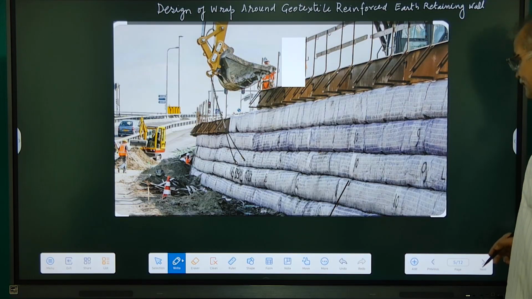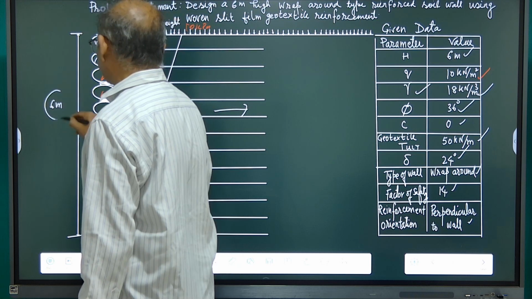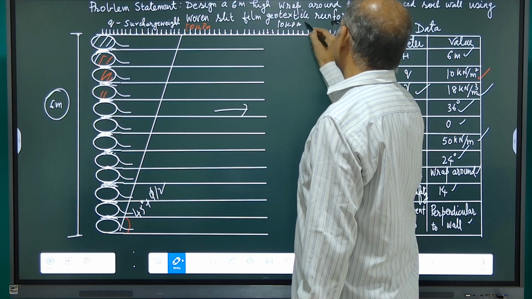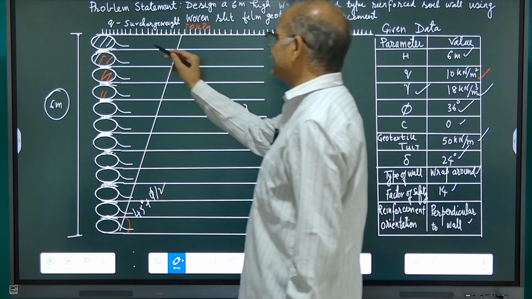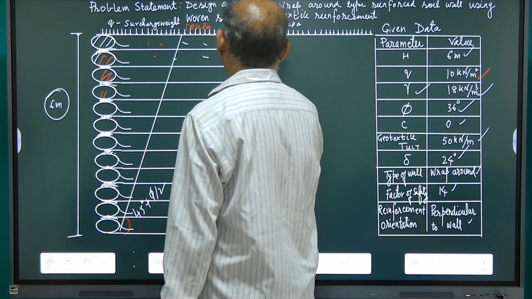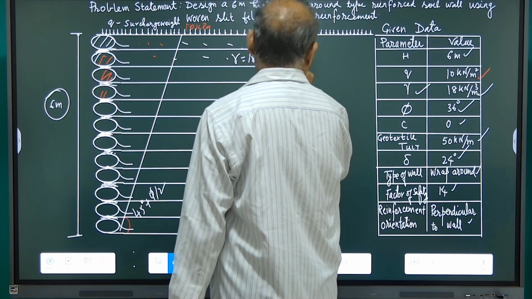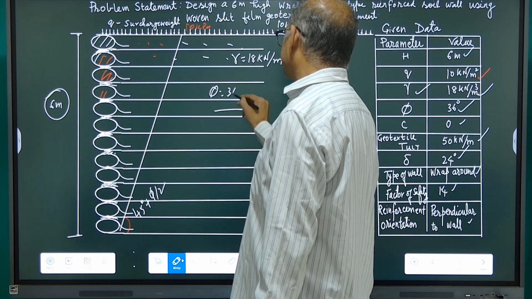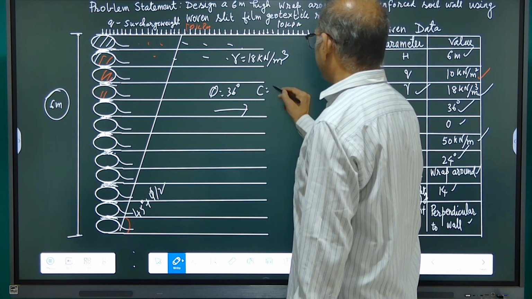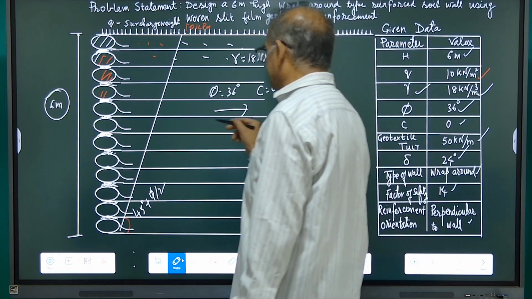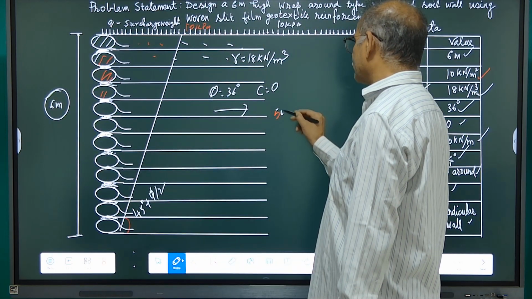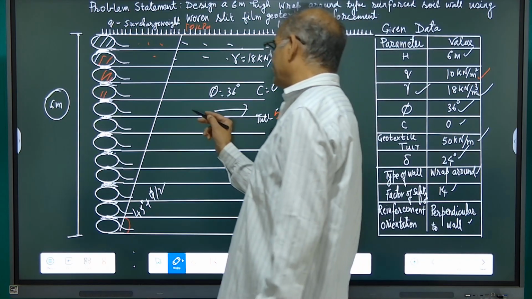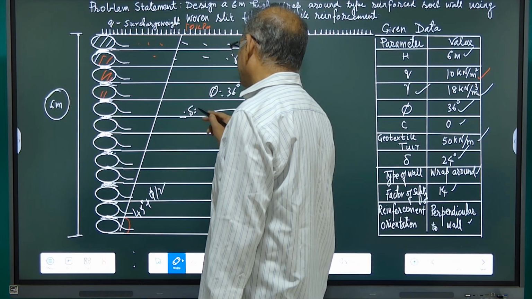इसका जो पैरामीटर्स दिया गया है वो इस तरह से है कि हाइट ऑफ वॉल इज 6 मीटर, and surcharge weight is 10 kPa, means 10 kilonewton per meter square, and unit weight of soil, जो इसमें selected soil fill की गई है, that has unit weight of 18 kilonewton per meter cube, and then जो angle of internal friction जो दिया गया है phi equal to 36 डिग्री, and the cohesion of soil is 0, and जो टेक्सटाइल यूज की गई है उसका अल्टीमेट टेंसाइल स्ट्रेंथ इज 50 किलोन्यूटन पर मीटर है, T ultimate, and the angle of friction between the soil and the geotextile, जो लेमडा है, that is 24 डिग्री।